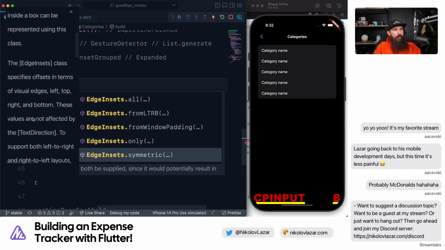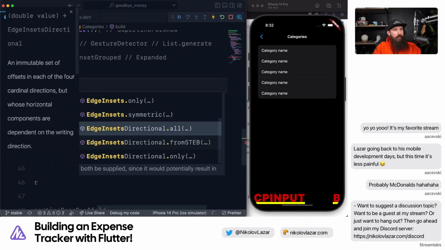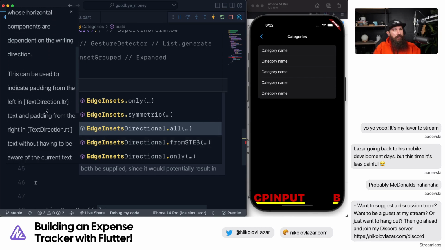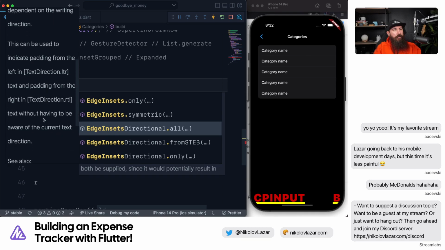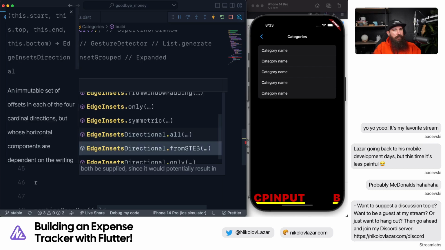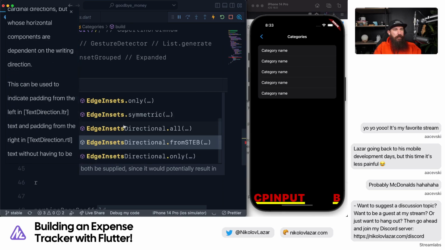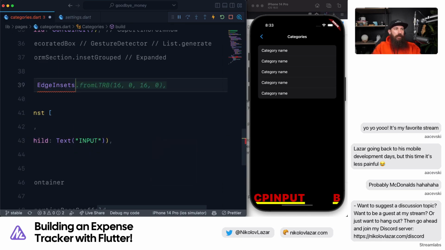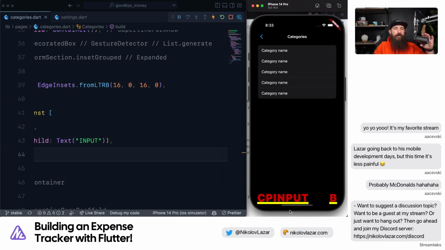Vertical and horizontal as well, symmetric. Immutable set of offsets in each of the four cardinal directions, but whose horizontal components are dependent on the writing direction. But this is RTL stuff. Start, top and bottom. Yeah, this is just directional. The idea here is to take into account the bottom spacing that we need to leave. We need to leave space at the bottom, and that should be